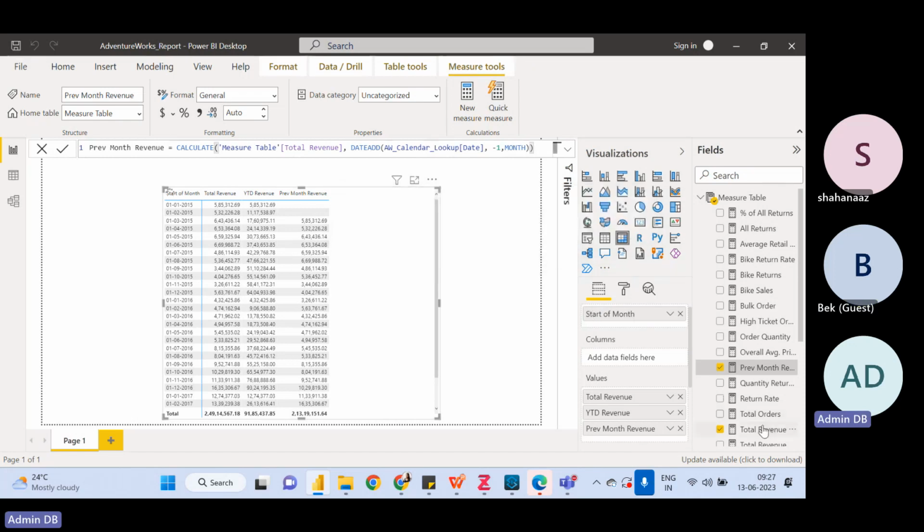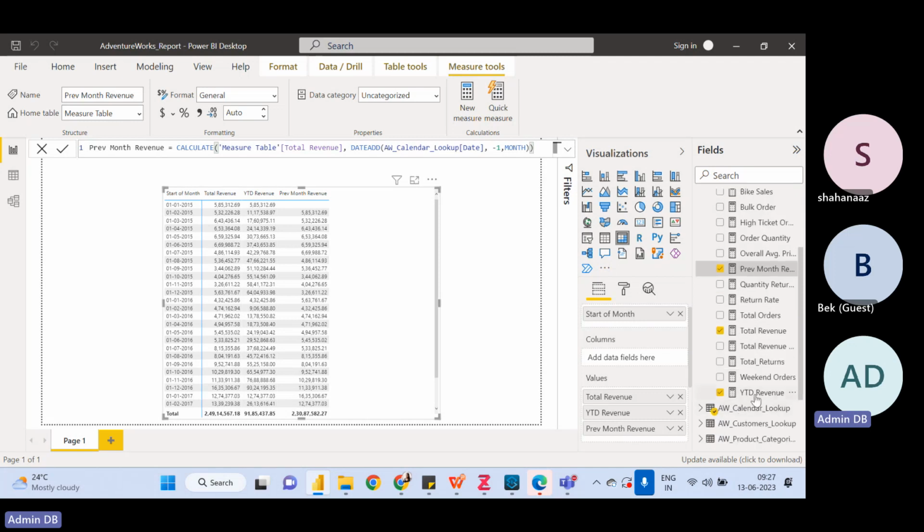And then we discussed year till date and all those things. Was that clear? Let me go here. So how this works is year till date. It will look into the current date. So let's say we are in the third month. What it does is look into all the dates till date. YTD means year till date. So it will look into the current date, whatever we are on, and all the dates backdated, like previous to the